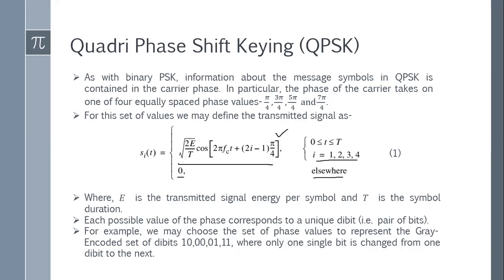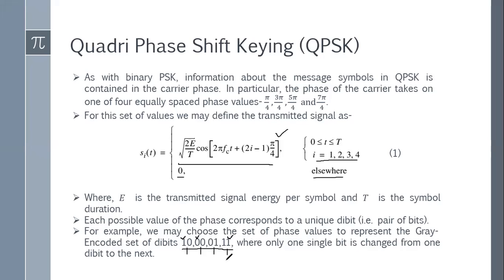So since I am sending this, if you look into the gray codes of the binary symbols, we have 1 0. Now when I am sending the next symbol, only 1 bit changes compared to the first symbol. So this is the first symbol and this is your second symbol. If you compare these two, you will see only 1 bit has changed. Now if you compare with the third symbol, only 1 bit has changed. Similarly, when you compare with the fourth symbol, only 1 bit has changed. Now if you compare this fourth symbol with the first, then also only 1 bit has changed. So this is the beauty of the gray code.